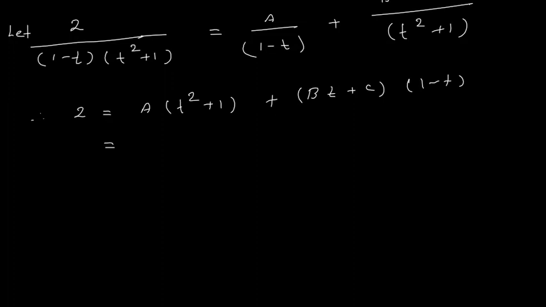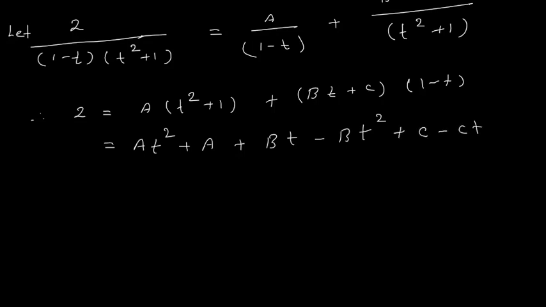Now here I am going to use a different approach to find the values of a, b and c. One approach you have already seen, that is by first putting this part as 0 we can find the value of a. Okay, so let us first find the value of a, or else we can expand. Let us expand them. So here it will be a into t square plus a plus, if I open the bracket, bt minus bt square, then I have plus c minus ct.